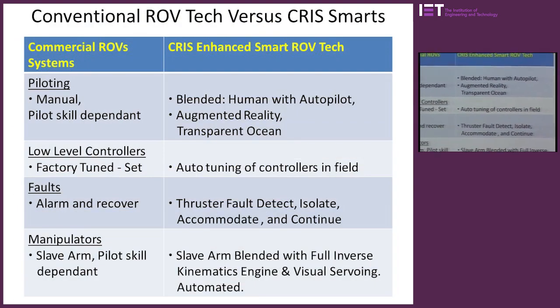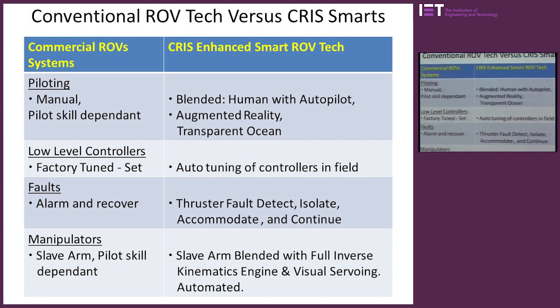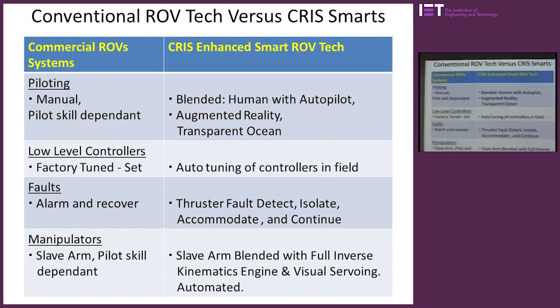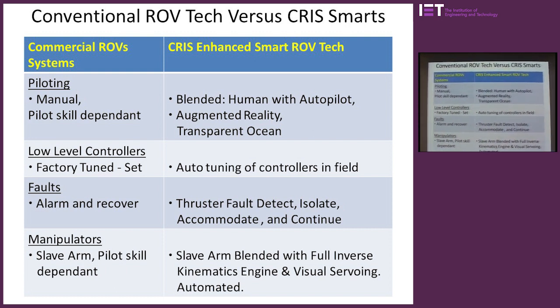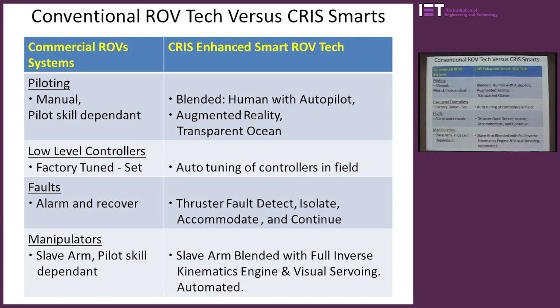So what I want to focus on now is conventional ROV technology versus what we've been developing. As I said, ROV technology in many ways is quite like a backhoe excavator. It's very reliant on pilot capability. The piloting is manual, flying the ROV forward and back based on heading and depth instruments, so it's very dependent on pilot skill. If you wish to fly an ROV to follow a pipeline or to a target,